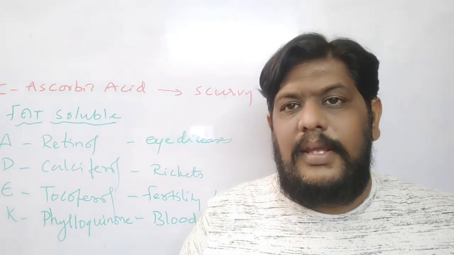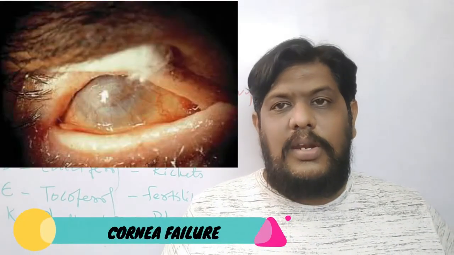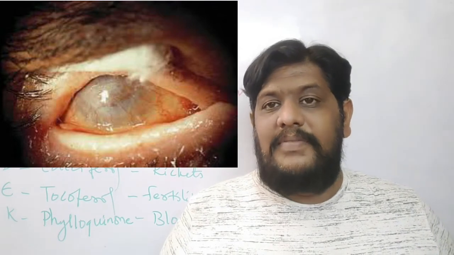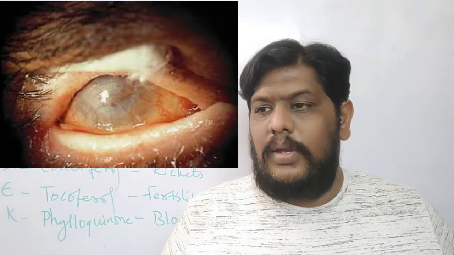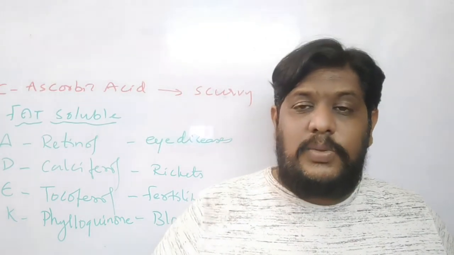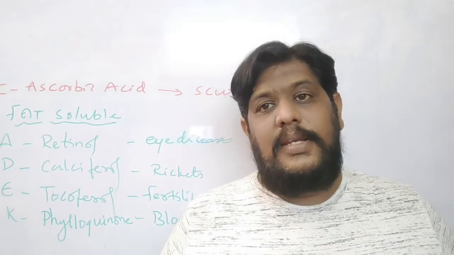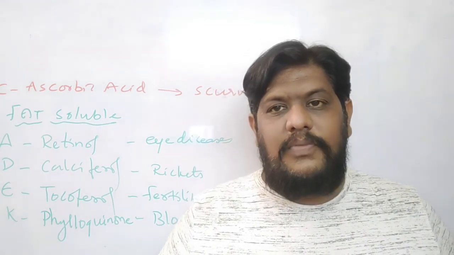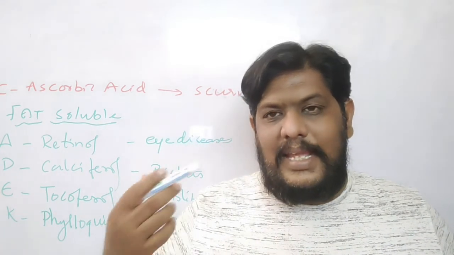That is a problem you will see if you don't eat vitamin A food. The next one is cornea failure. The cornea is responsible for sight, isn't it? It is present in the eye, and if this cornea fails, that will lead to loss of vision. Then the next one is nutritional blindness, also called permanent blindness. This usually comes in children. When children are not given proper vitamin A food, then the child will get nutritional blindness,